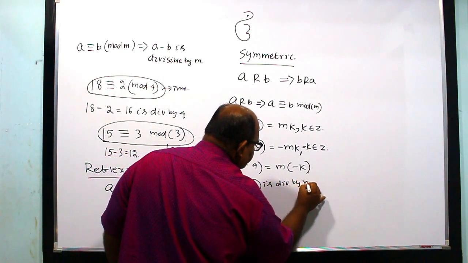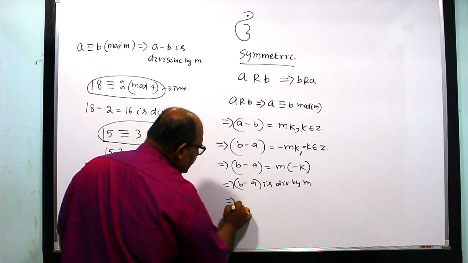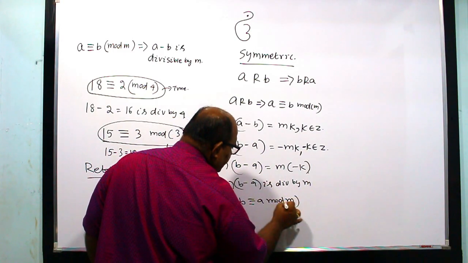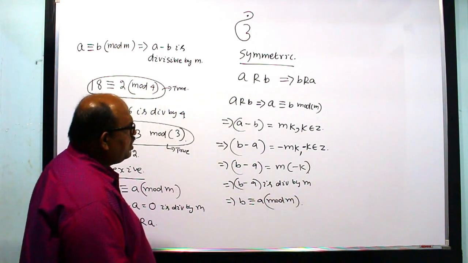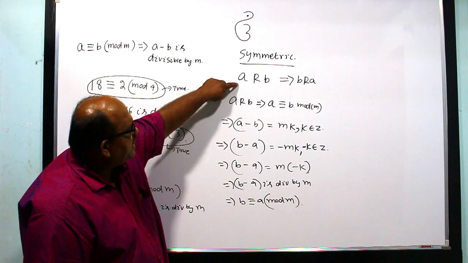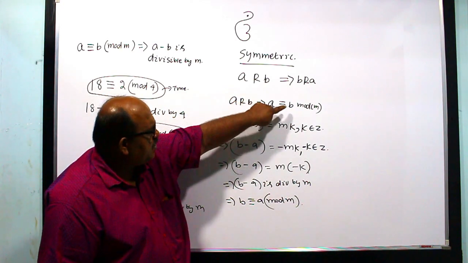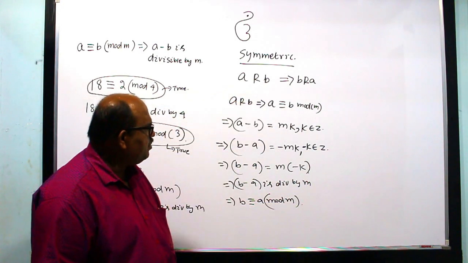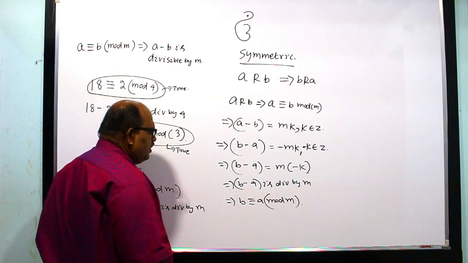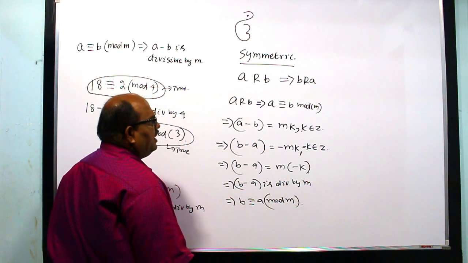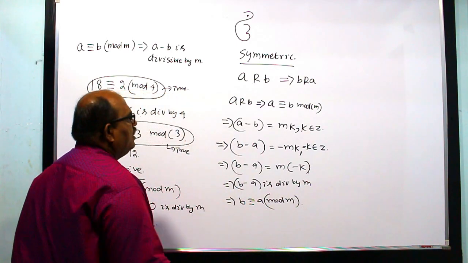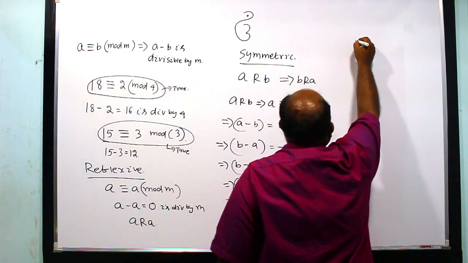So if B minus A is divisible by M, this implies B congruent to A mod M. So from A related to B, A congruent to B mod M, we get B congruent to A mod M. So if A congruent to B mod M gives B congruent to A mod M, then the relation is definitely symmetric. Okay, then next comes